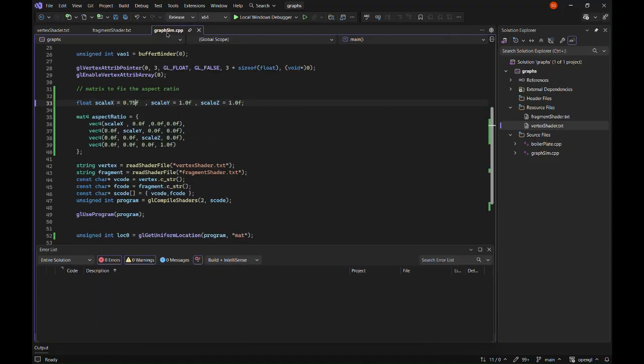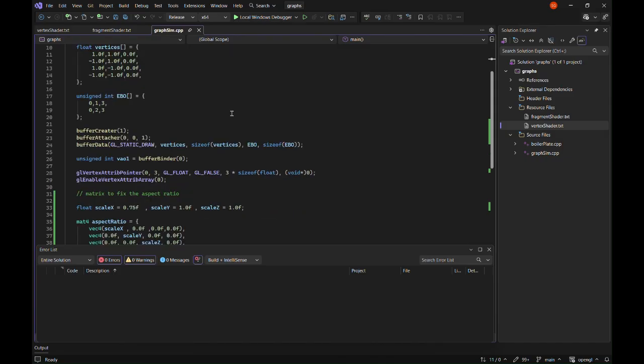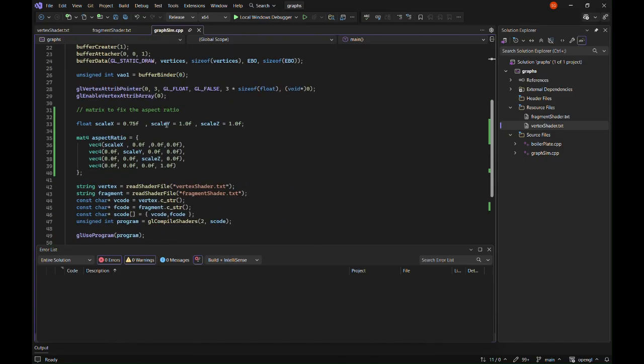When these things stay static, it isn't of much interest to us, because the user might be changing the screen size according to his will, isn't it? Here, I have predetermined the window size to be 1200 by 800 pixels, where 1200 is the width of the screen and 800 is the height. So based on it,